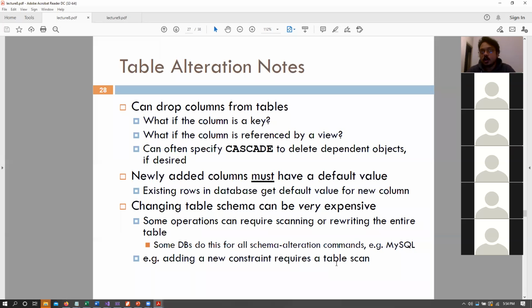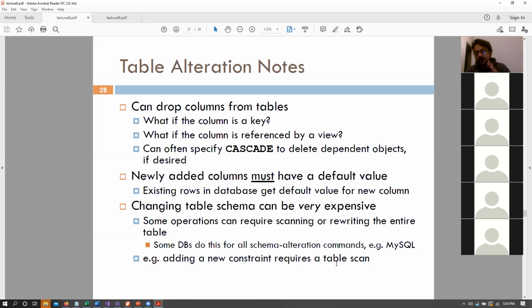So what if we want to drop a column and that particular column is a primary key? So what happens then? All the tables that are referencing that particular table get screwed up, right? So in general, if you're trying to perform an alter table with a primary key, so dropping a column that is the primary key, and that particular table is being referenced by other tables, an alter command would not allow it. It will totally disallow that particular operation and say it can't be done.